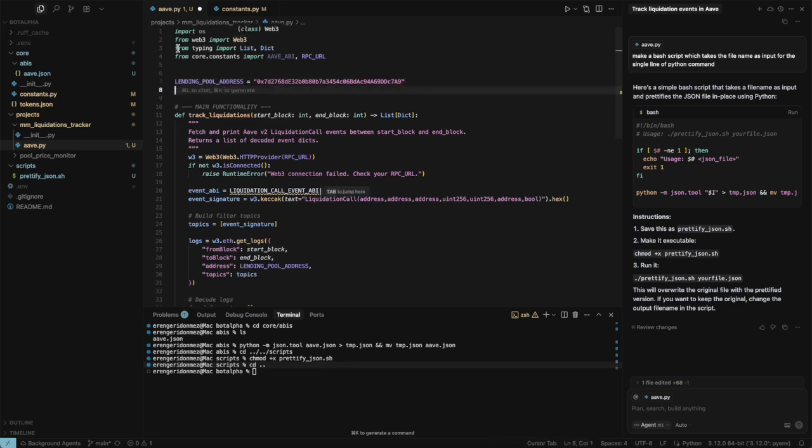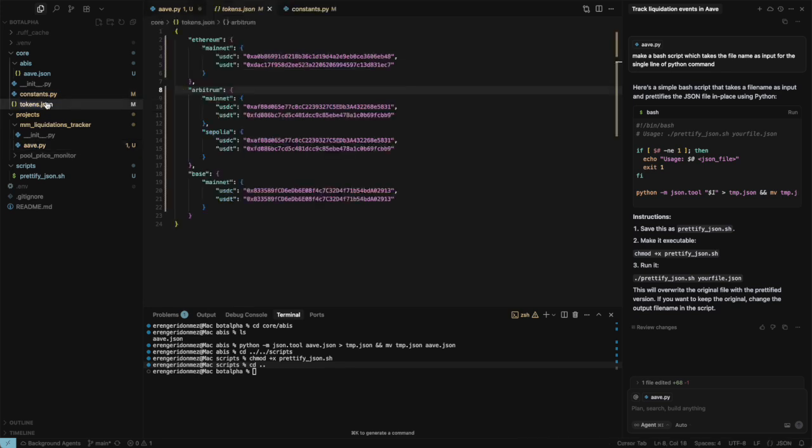Pool address. Okay, we have tokens, and then